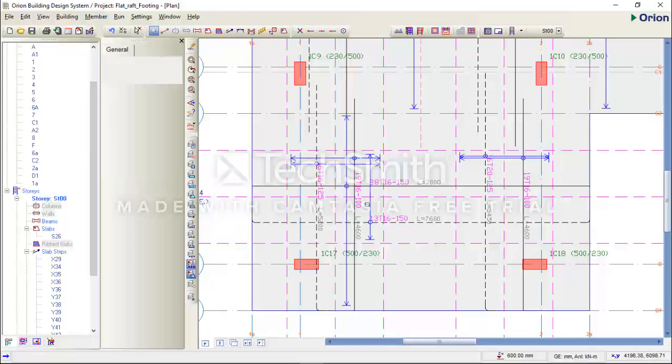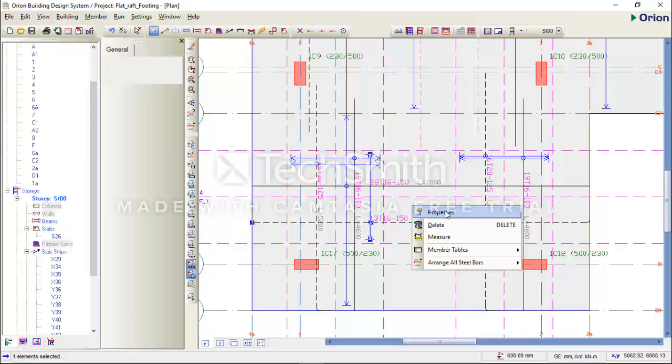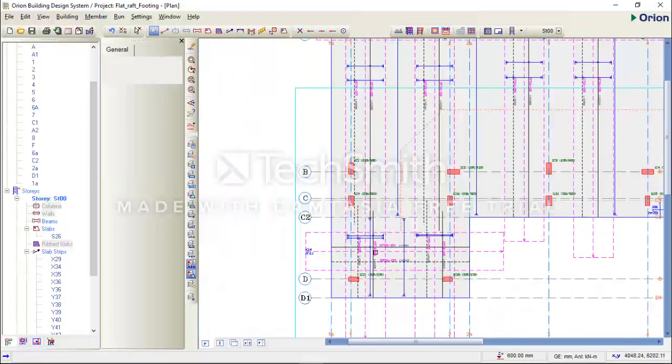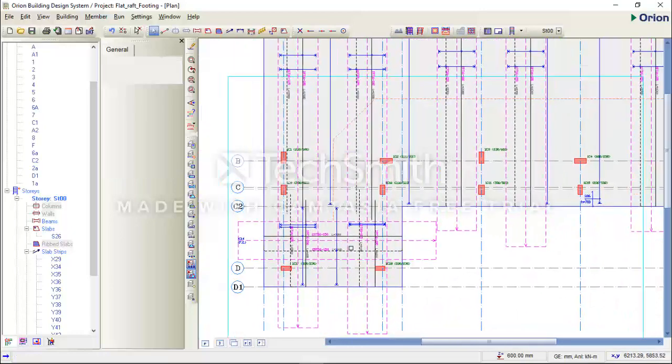I'll select the other dimension callout property. I'll move it away from the first dimension callout. Now extend it, say, to this point. Extend the other end to close to the edge of the slab. So I've worked on this now.